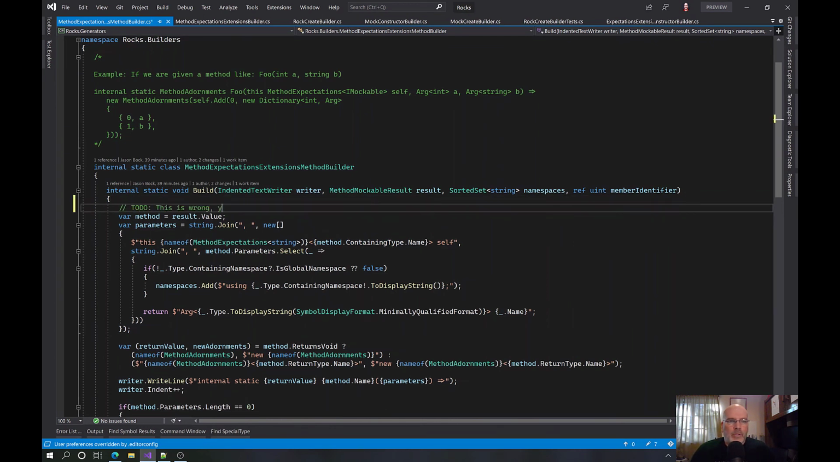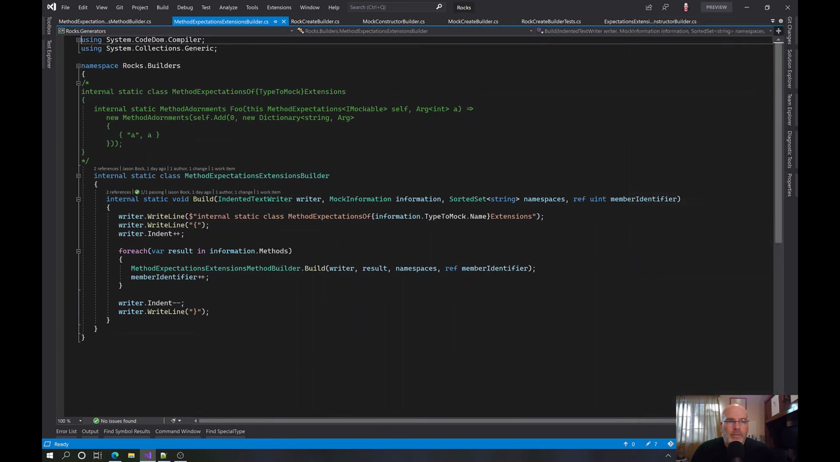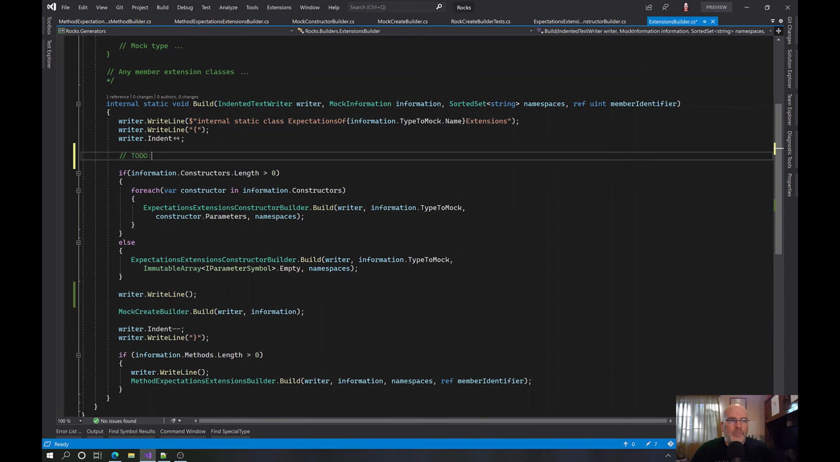This is wrong. Look at what I did with constructors. And constructors, parameter counts, and commas. Okay, so that's wrong. But we're also missing somewhere along the line, I just forgot expectation extension constructor builder. That does that. But the extension builder itself, we need to say, like if you had methods here to do. I might have copied and pasted. Maybe I'll see that in the video when I edit this, that I copied and I cut and pasted down below. If there are methods, you need to add